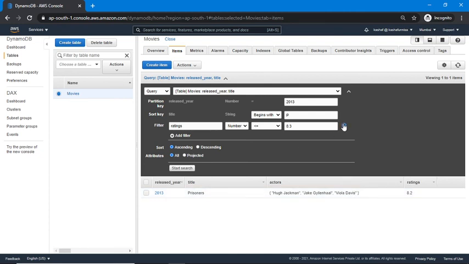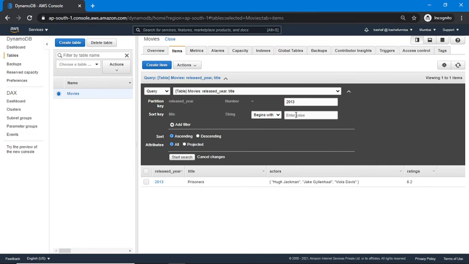Now I'm going to show you another way, if you want to sort your records in ascending or descending order. Sorting is executed with the help of the sort key. Here my sort key is title. By default when you execute your query, you will get all the records in ascending order.